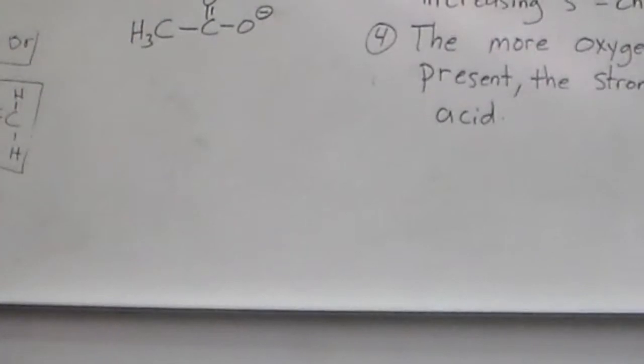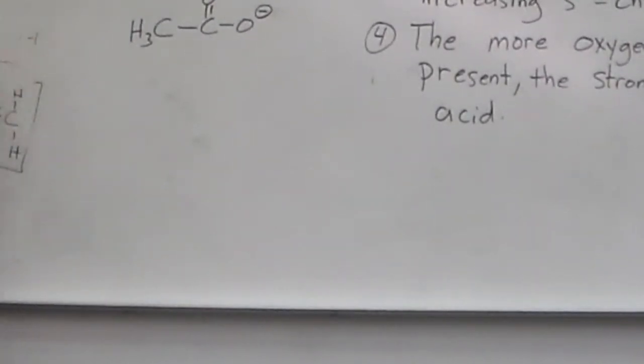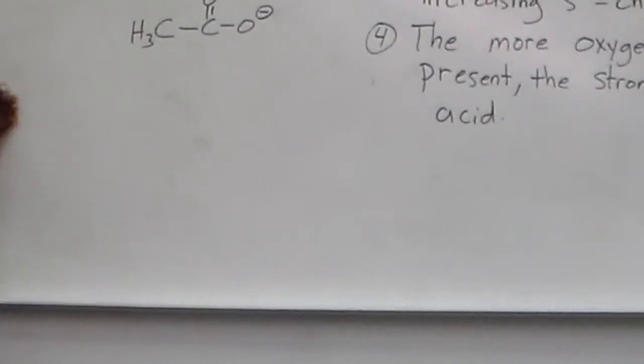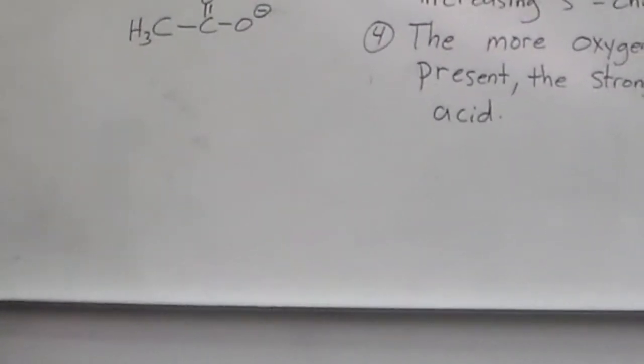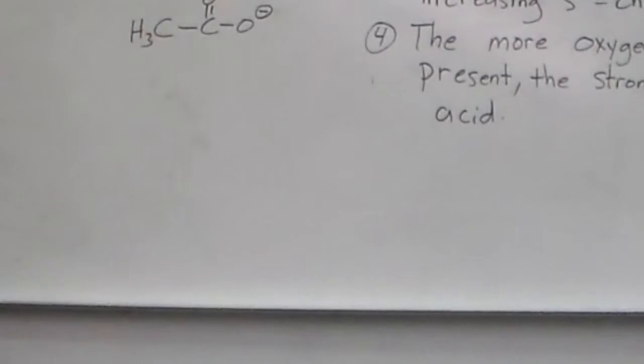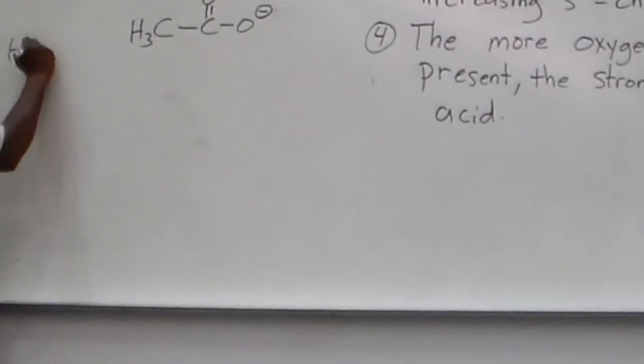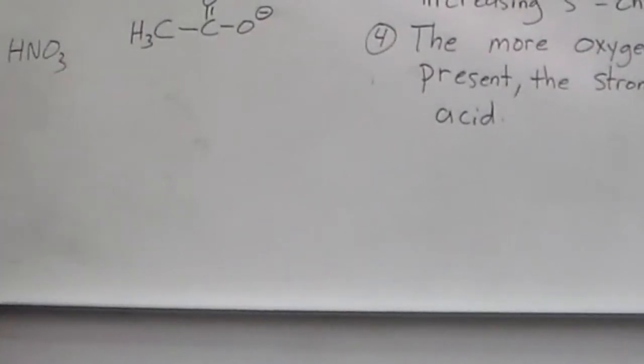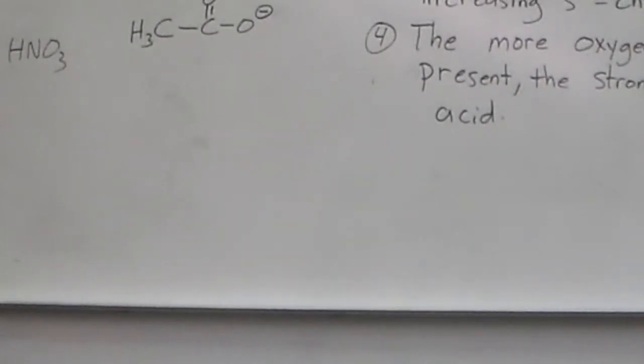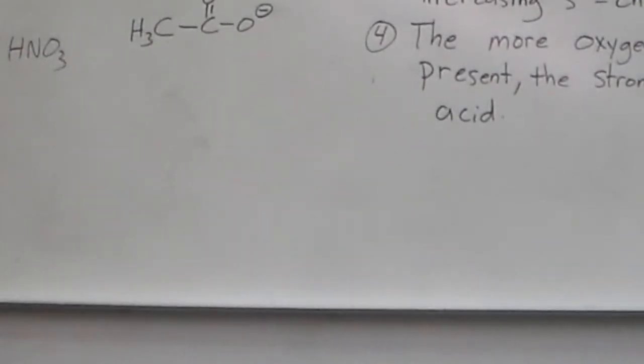For example, if you were wanting to figure out which acid is stronger between sulfuric acid and nitric acid, H2SO4 versus HNO3. Without drawing a molecule, you're probably thinking S versus N. It's actually not S versus N. If you were to draw them out,